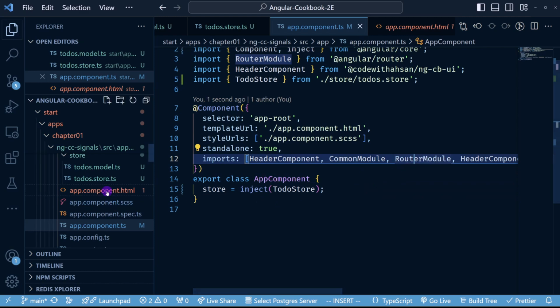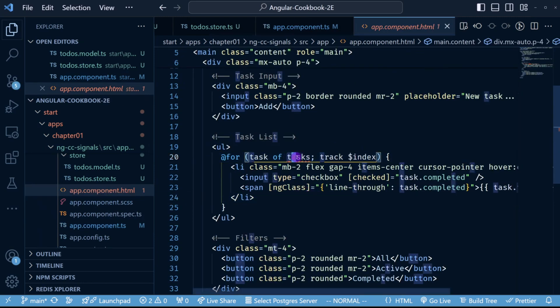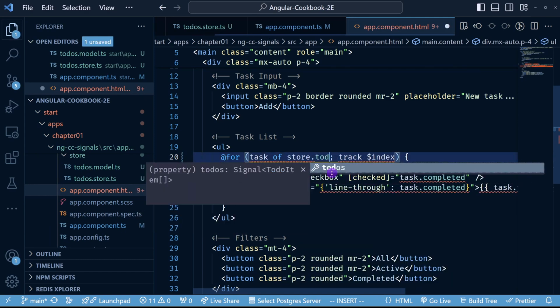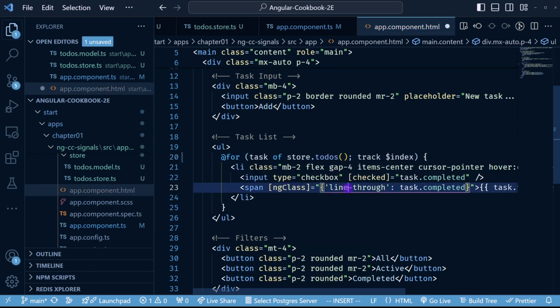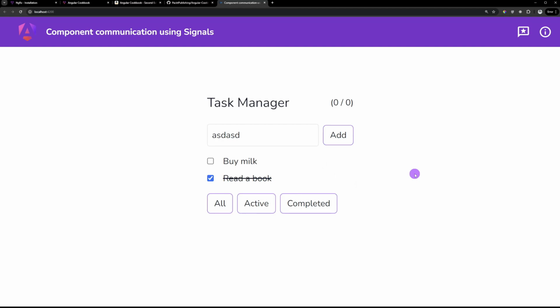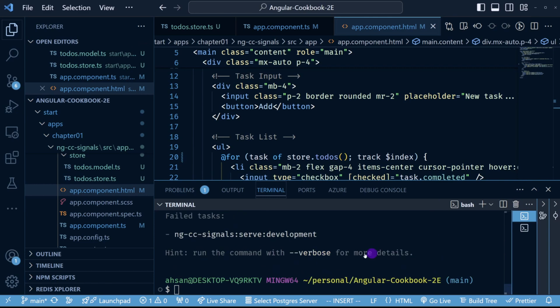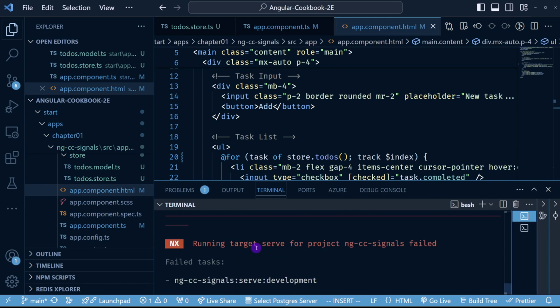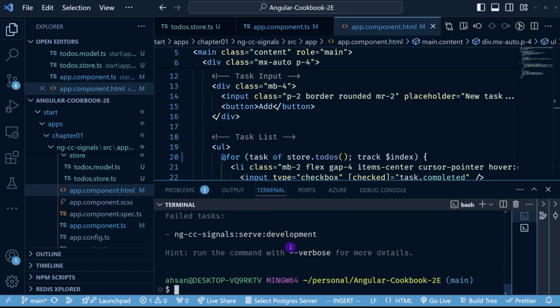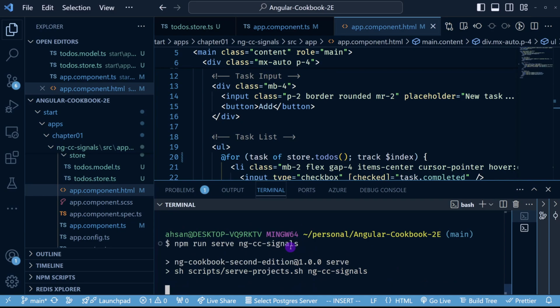So now that we save this, we can quickly go to HTML, and here, instead of tasks, we can say store.todos, because that's the name of our array. Now if we save this and go back to our application, we can refresh, and for some reason my application crashed, so I need to restart the server. So I'm going to go to my server, and here let's see if anything has gone wrong. Yes, my server basically crashed. So here we can go quickly and say npm run serve ngCC signals,